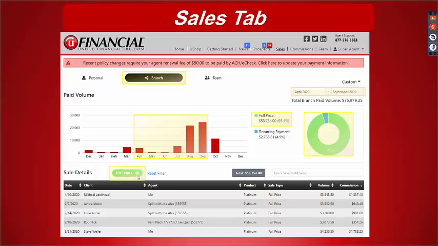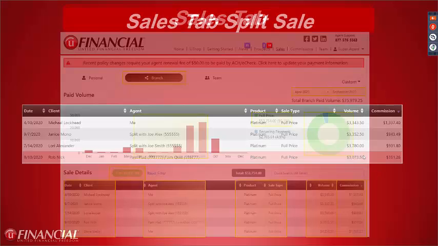And then as you do that, it creates a filter over here. You're going to be able to see your commission amount in this table, your volume, sale type and product, full price, platinum, gold, that kind of stuff. The agent who made the sale, so it says split sale and so on, client name and date. So good information there.